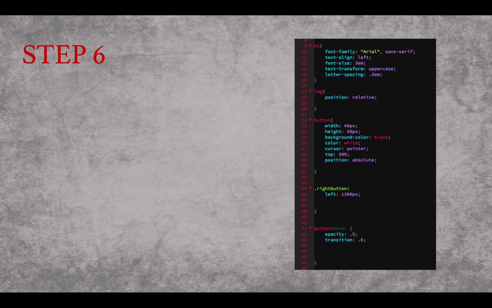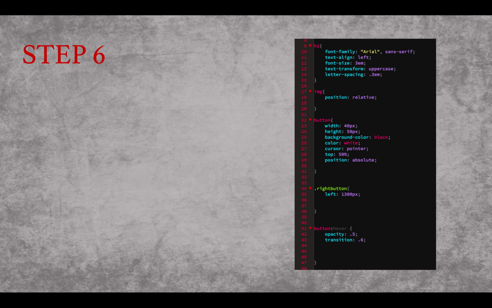And then the button, I adjusted the width and height of it. And then the background color I changed to black, and I wanted the arrows to be white. And then I added a cursor pointer so that the user could know for sure that this is a button. And then the top 50% basically is saying that on both the left and right, it's going to be 50% down